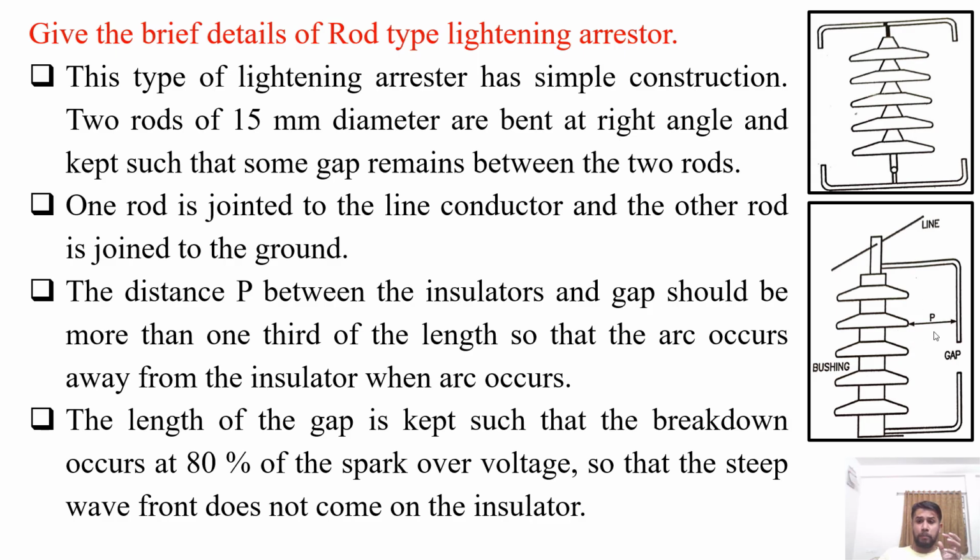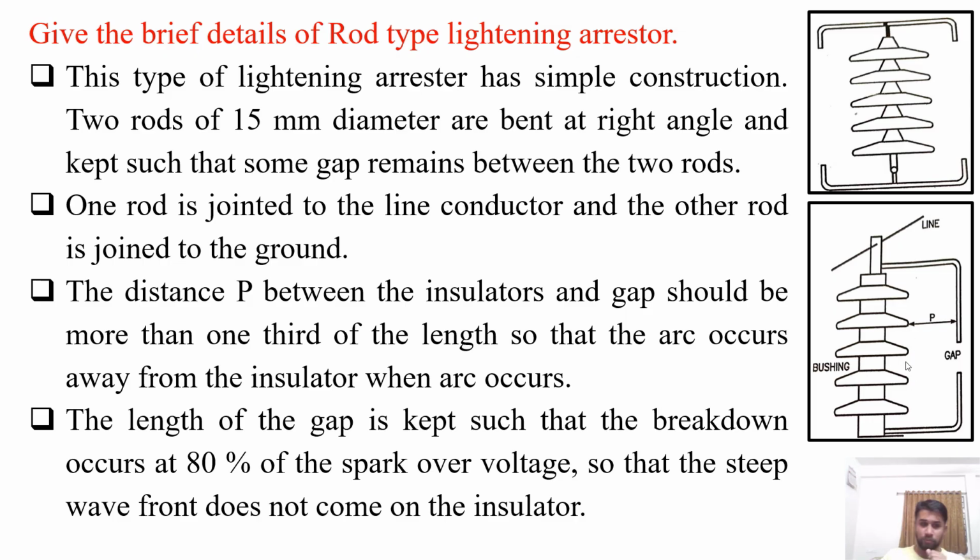The distance P between the insulator and the gap should be more than 1/3 of the length of the insulator, so that the arc occurs away from the insulator. So the arc takes place between these two electrodes, between this gap, and it is safe away from the insulator